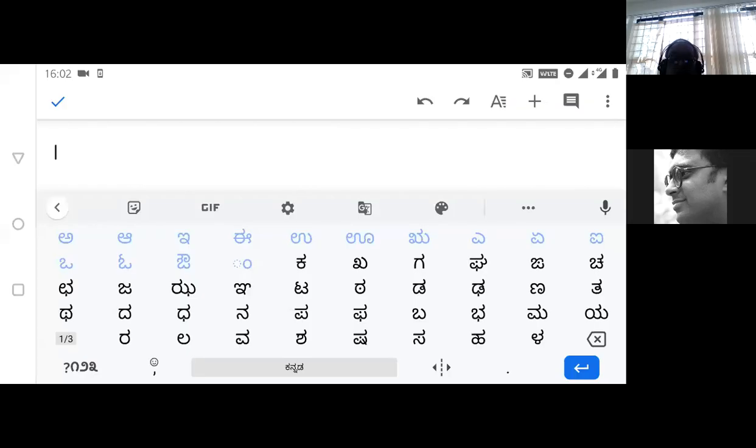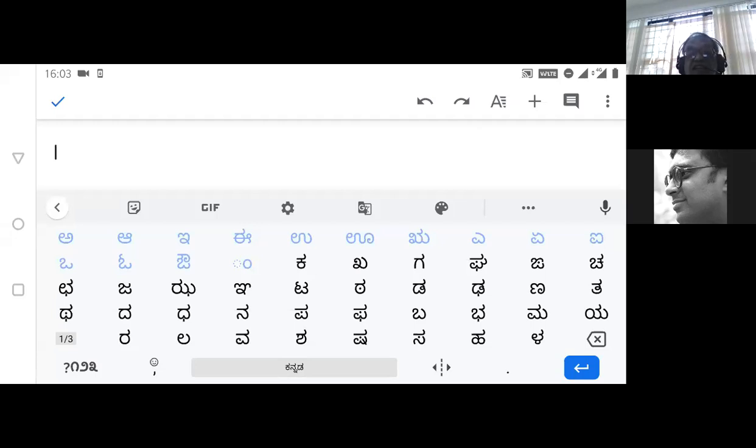So yesterday we saw the introduction to the Kannada Varnamala, or the collection of letters which are used in Kannada. We can probably try to recollect that today, and if you could also start typing it along with me.